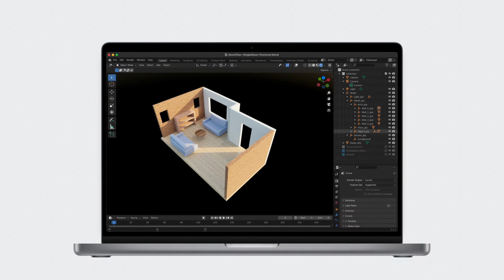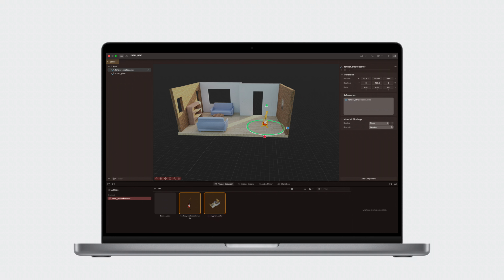Luckily, there is a new tool called Reality Composer Pro that makes this next step really easy. Previewing your 3D models for Quick Look is a really important step in your content creation workflow to inspect the visual quality of your model and make adjustments as needed. Let's take a closer look.